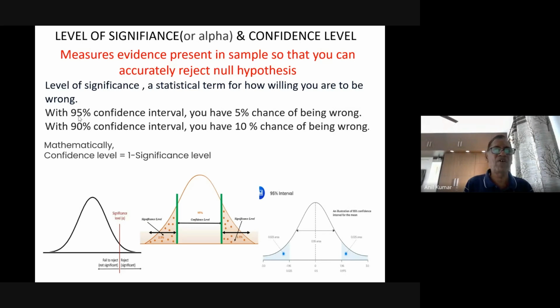So setting the level of significance and confidence level is the researcher's prerogative, but it is not subjective. Depending upon the nature of the problem you are dealing with, and the problem you have raised in your hypothesis, you decide whether to go for 1% wrong, 5% wrong, 2% wrong or 10% wrong.